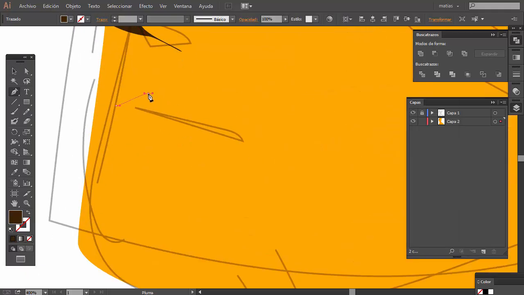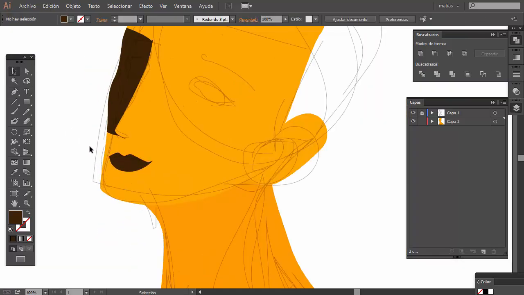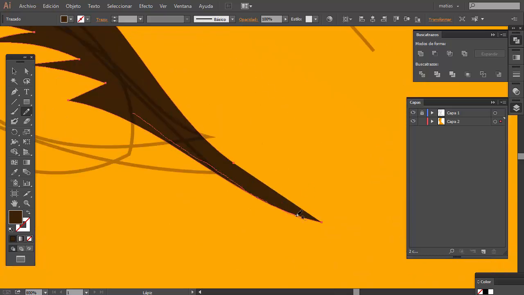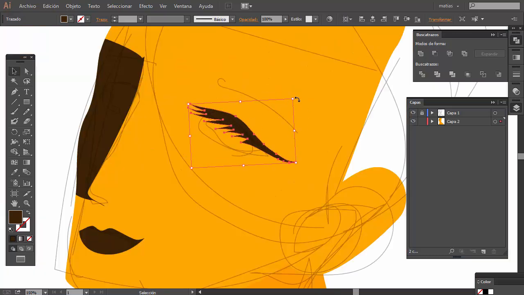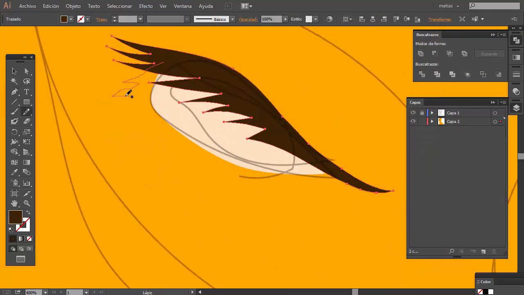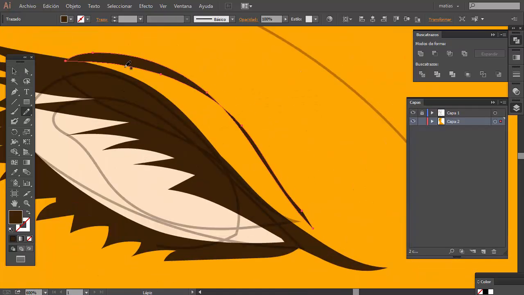Since we are going to draw this night picture with artificial lights, we are going to draw these strong shadows with these strong shapes with just black tones. I'm drawing here the eye, the eyelashes,